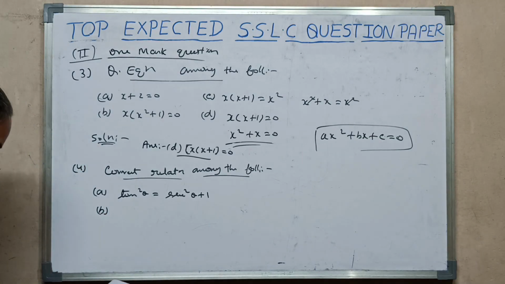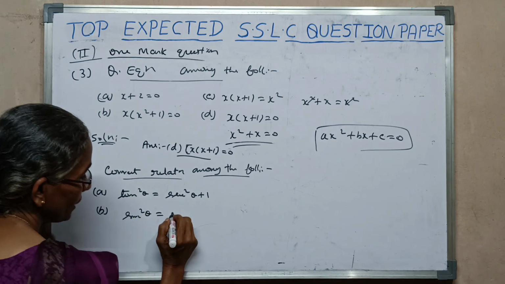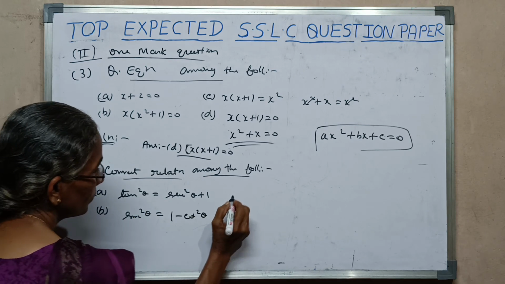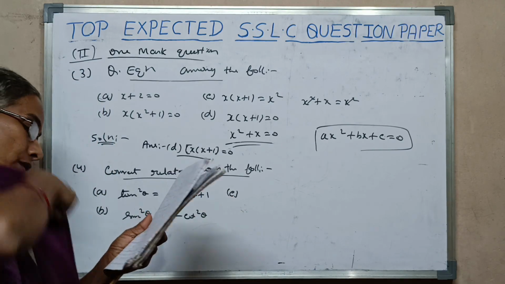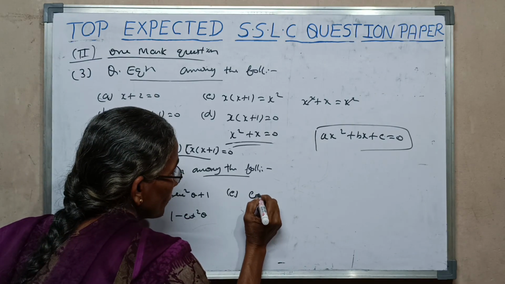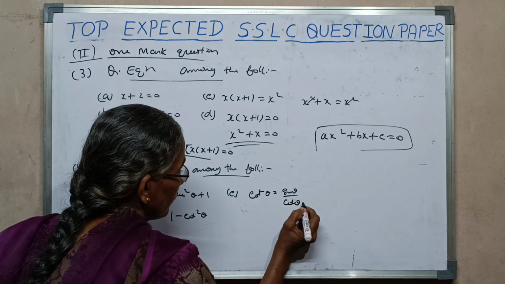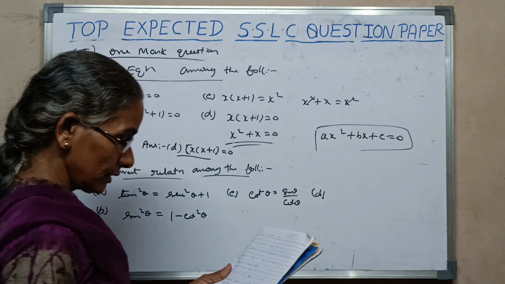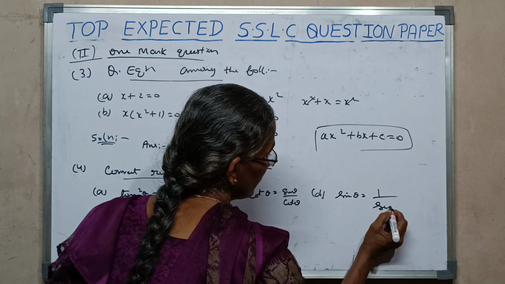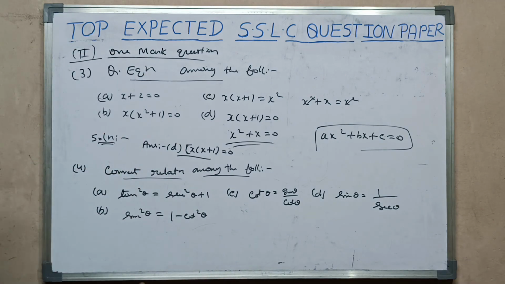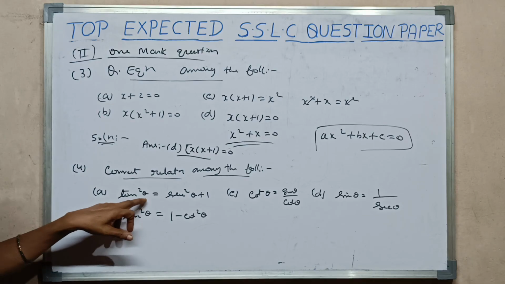Option B is sin square theta equal to 1 minus cos square theta. Third option, cot theta equal to sin theta by cos theta. Option D is sin theta equal to 1 by secant theta. So in trigonometry we have learned the formulas of tan square theta equal to